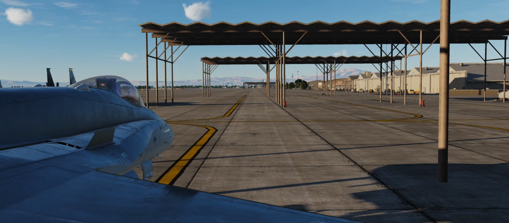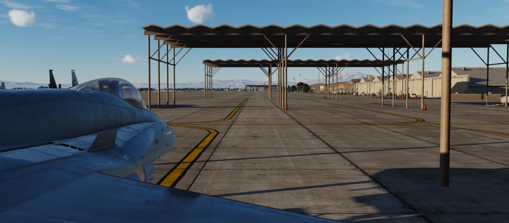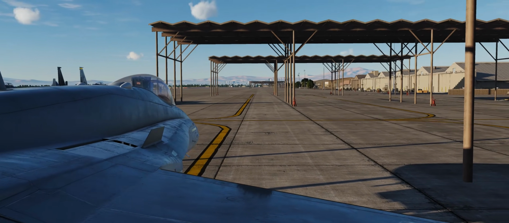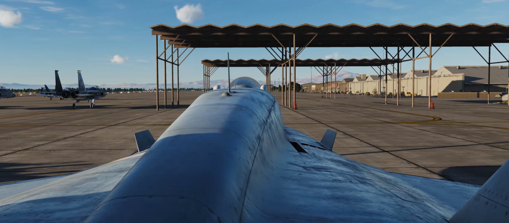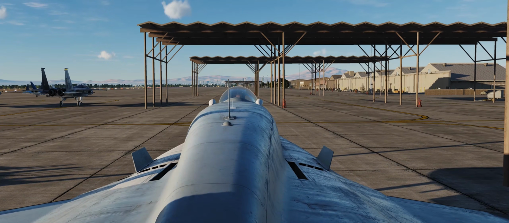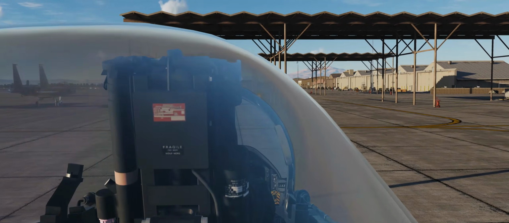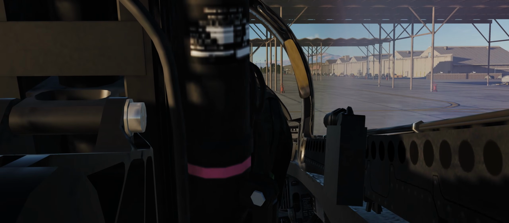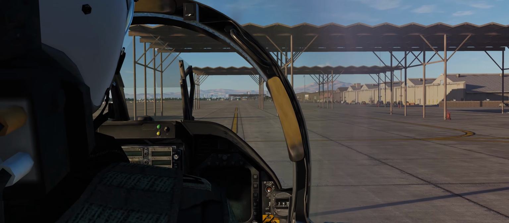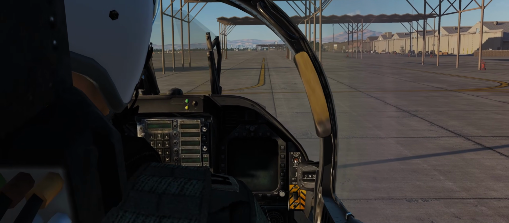So that you guys can get an idea of how you would be doing this in flight. I don't think many of you guys are going to be doing this on the ground like I'm doing here. So we'll go ahead and move the camera onto the center line of the aircraft. Move it up a little bit, and then we'll start moving the camera inside the canopy, down a little bit, maybe up a little bit, to the side just a tiny bit, move it in a bit, maybe up just a hair. There we go, that looks pretty good. And then we can simply